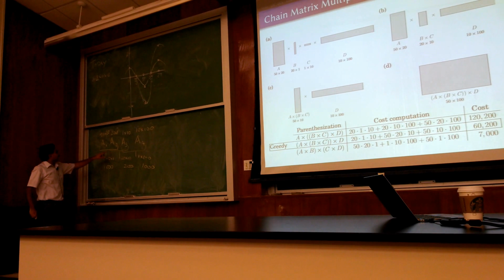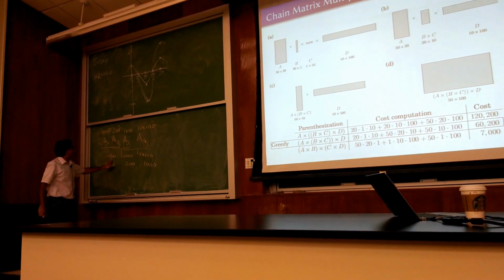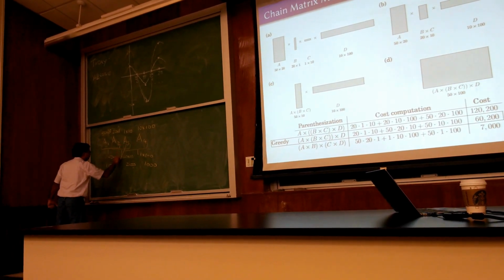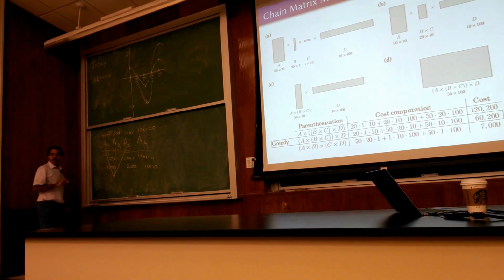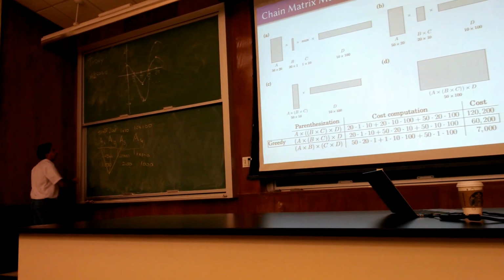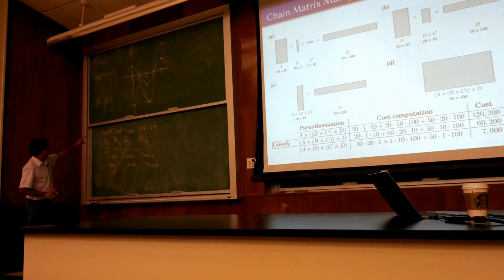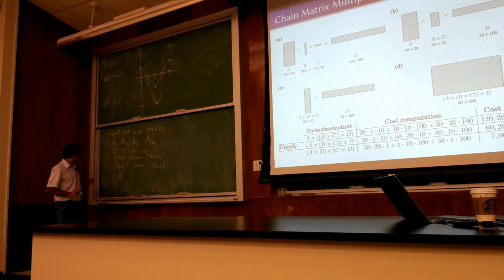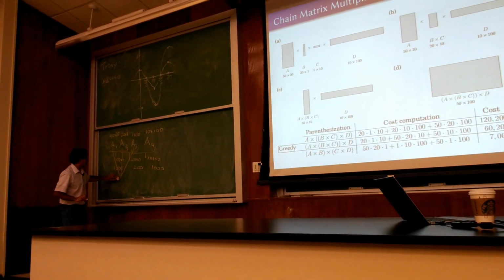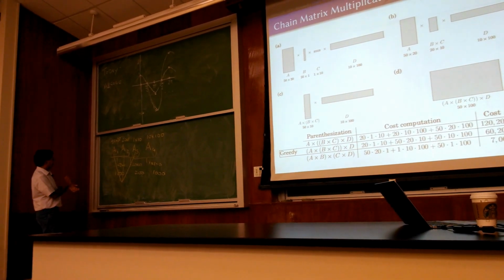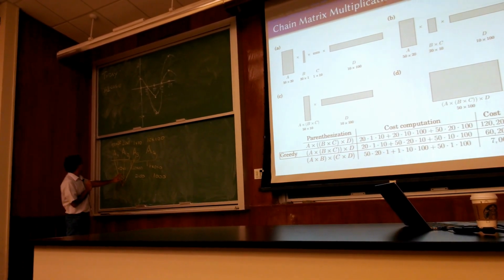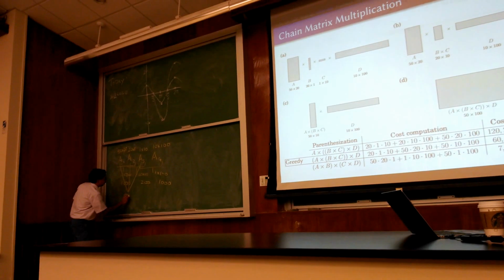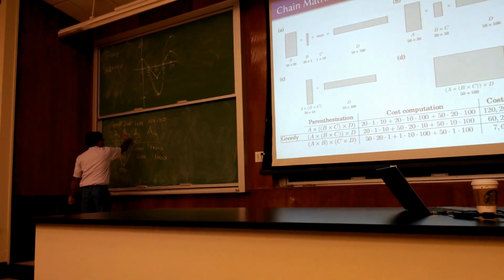Okay, so now if you combine, then you see a 50 times 1 matrix being combined with 1 times 100. So if I pick those 3, then I will have a cost of 50 times 1 times 10, 5,000, right? And 500? Okay. 50 times 1 times 10. 50 times 1 times 500, okay, right? And then if I pick these 3,